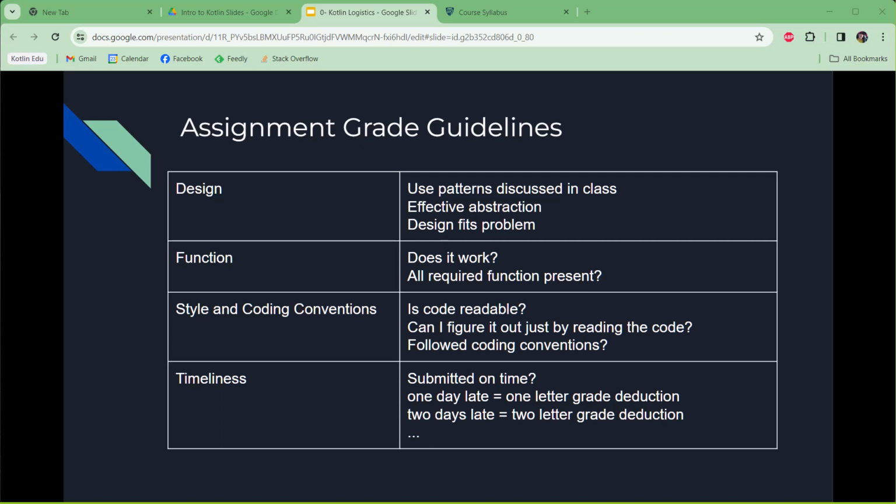Try to use what I've actually gone over in class. And then function's a really big part of this. I mean, does it work? And it's really important that all of the required function that I ask for is present. I've had people in the past say, well, I demonstrated that I understood things enough. And that's not enough. When I have the assignment description written, you need to fill all of the function that's